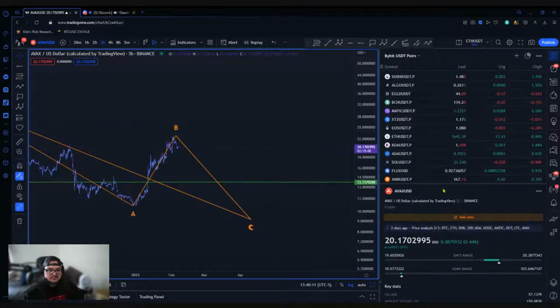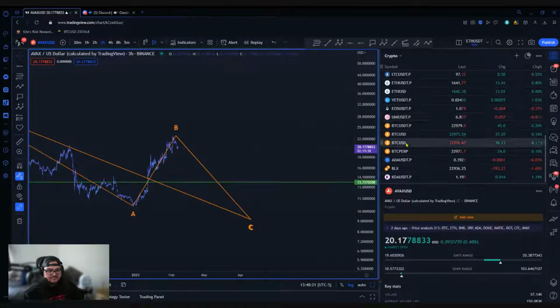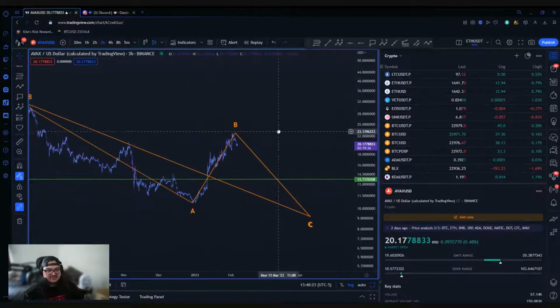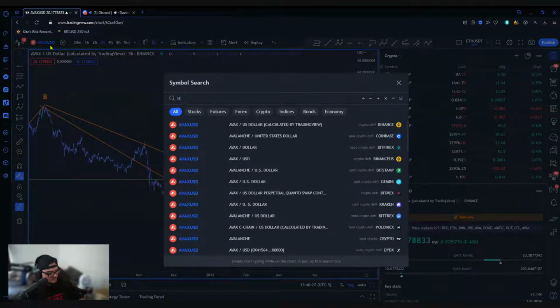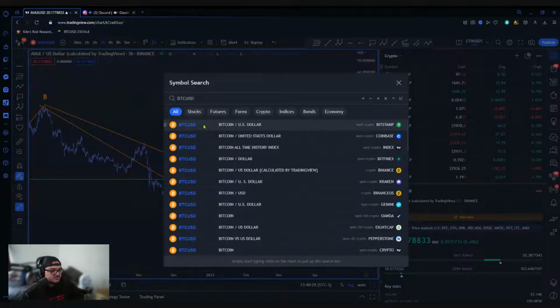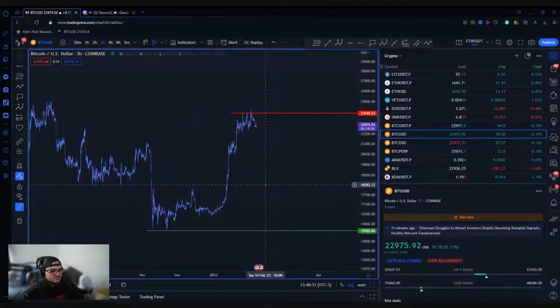If you know there's a big news event coming, would you open a trade still, or would you wait until it's blown over? For me, if I'm in a trade already, I will stay in that trade. I won't try to take another position if I'm not in one and the news is about to come out. But if I'm in one, I'll let it run and see what happens.